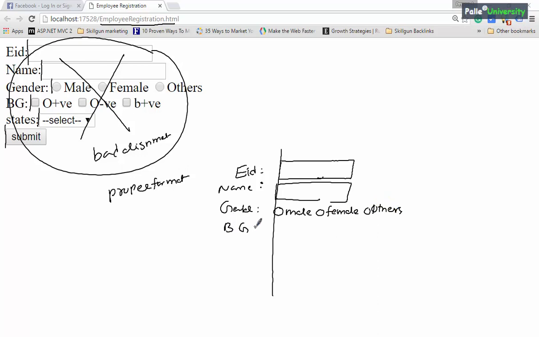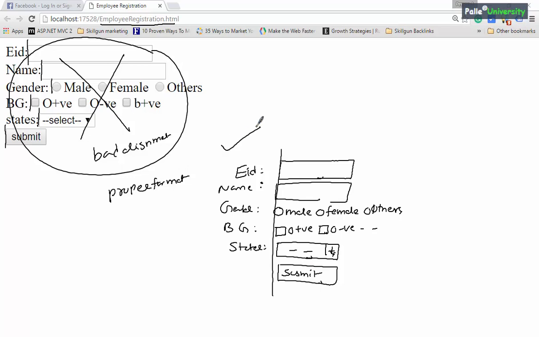After this, maybe blood group, O positive, O negative, so on and so forth. Similar way, states, a drop down list with some content, and finally a submit button. So when the user interface alignment is proper, the end users will not lose interest while using your website. So this is my requirement. I wanted to display this employee registration.html page content using proper formatting and proper alignment.